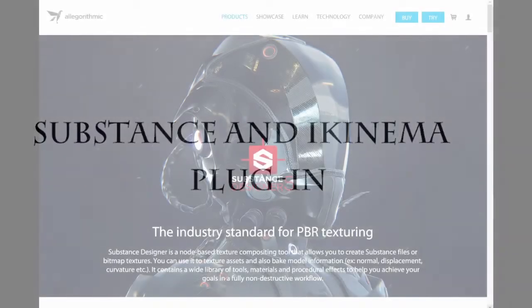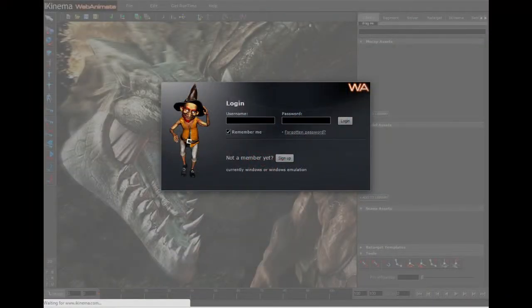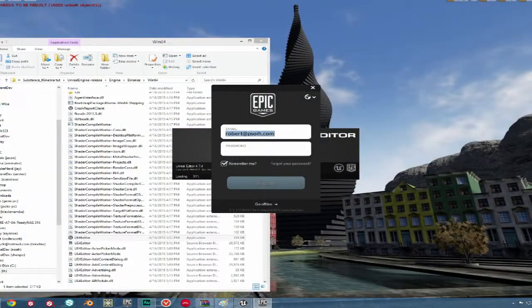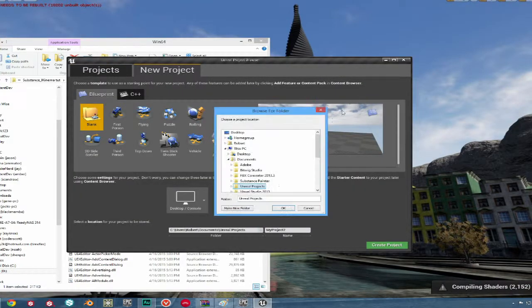So what we will need are the plugins for iKinema and Substance, Visual Studio, and also a pre-built source engine of UE4. The links for these are provided below. So let's start by creating a project. The base does not matter. That includes if it is a Blueprint project or a C++ project. In the demo, I will go for a Blueprint project, but I do suggest that if you are doing this from scratch, do a C++ project. Remember where you are placing the project, because this will become important later.